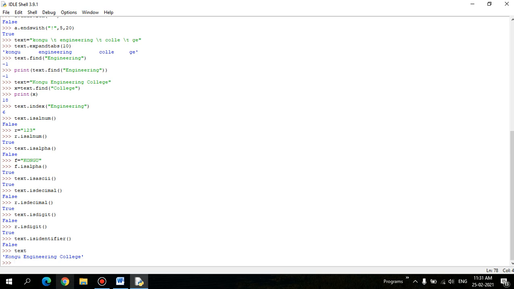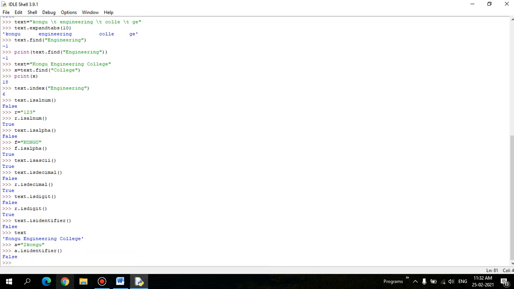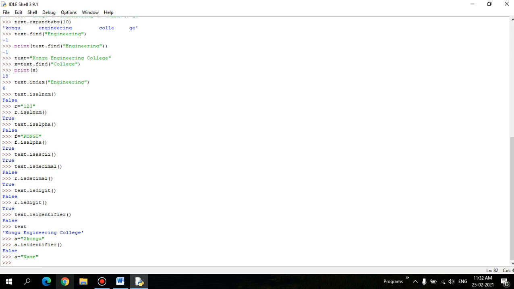Let's go for some examples to make sense. So let's say a equal to, we all know that an identifier cannot be created with numeric values as the starting character. So here a dot isidentifier function, yes, it returns false. But instead a equal to, let's take, I'm going to have name. Name is a proper variable, a proper identifier value. So it follows all the rules. So it checks a dot isidentifier.